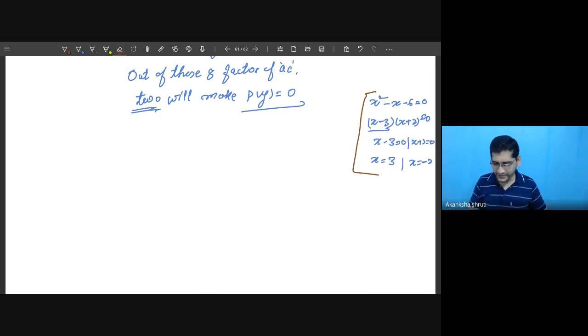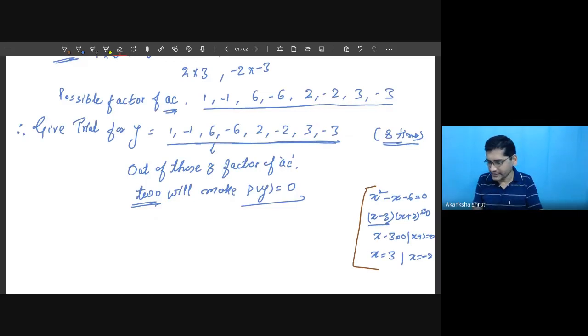But here, whatever the method that we are going to apply, and the question is asked, what we have to do is, just by this trial we will get these two, the two zeros that we have calculated by splitting the middle term. So by trial in this factorization method, we have to get the value of y. Then we have to go reverse. By knowing this y, you will get this linear factor. Then you will just multiply it, you will get this one. Then you will again go for multiplication, you will get this one. So just reverse we have to go.